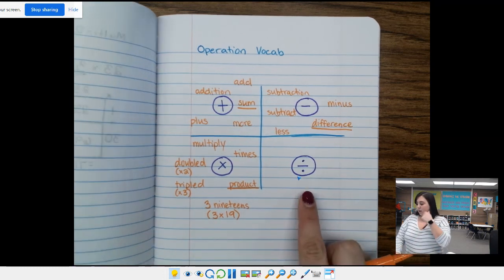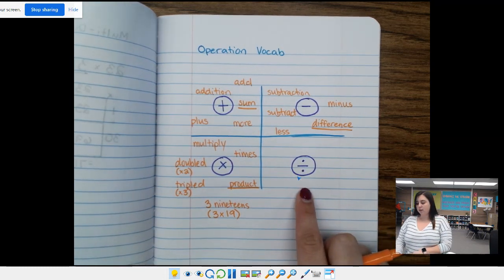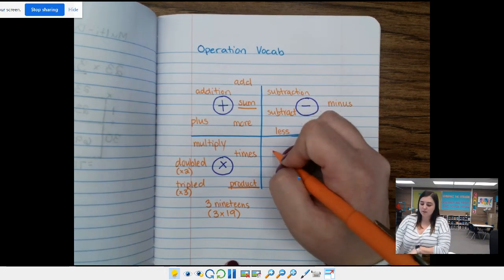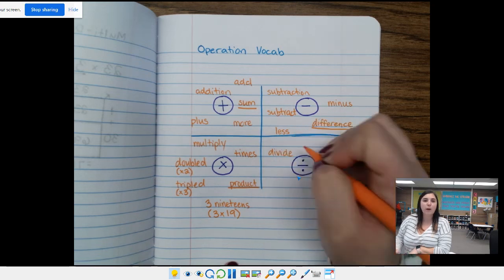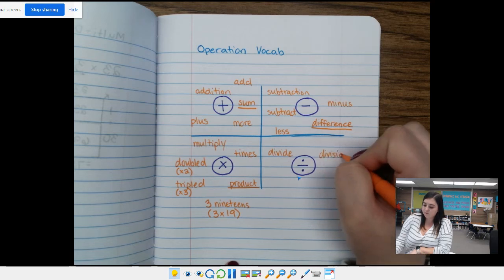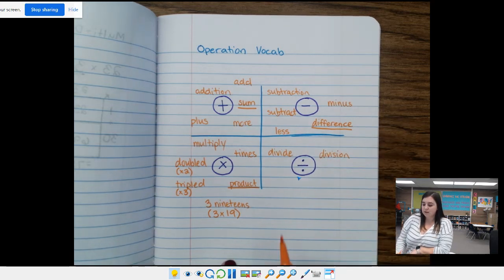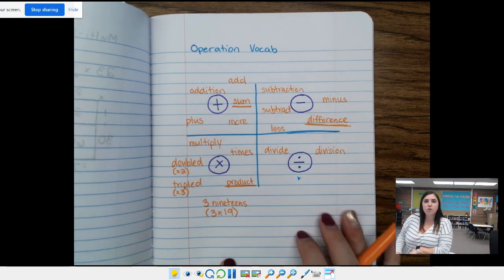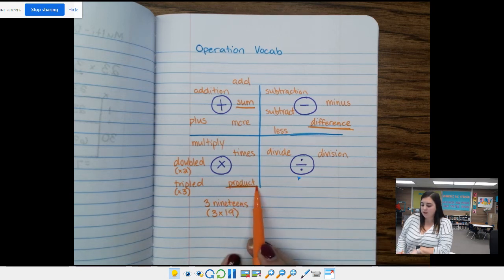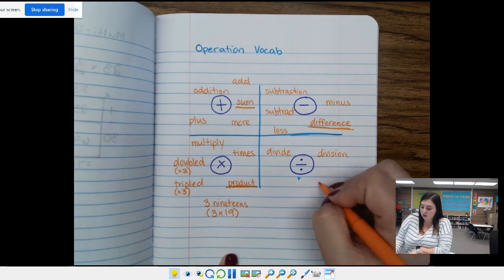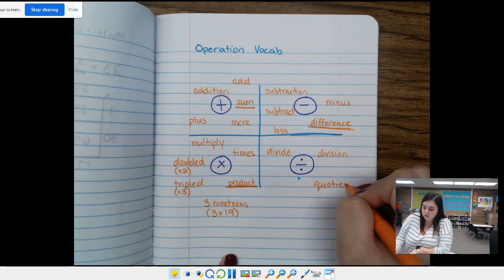When you have those down, start brainstorming for this symbol. What words do we associate with that symbol? So of course, division or divide. Hopefully those popped up in your head. But here's another one. So sum is the answer to addition. Difference is the answer to a subtraction. Product is the answer to multiplication. Do you know what we call the answer to a division problem? That is our quotient. We spell that